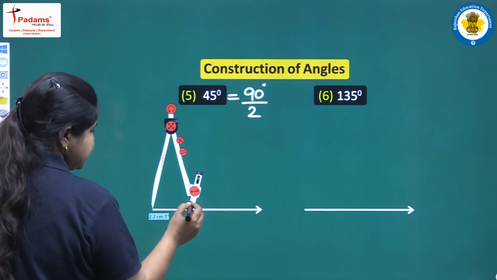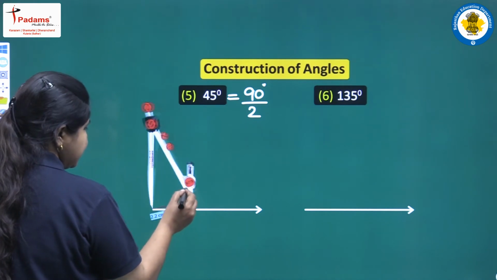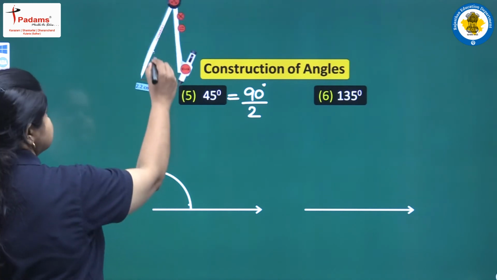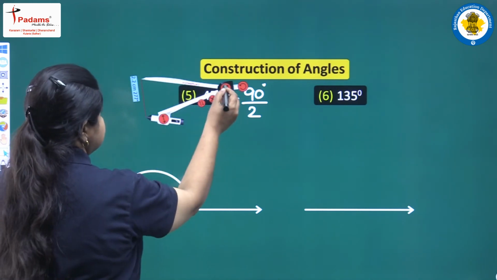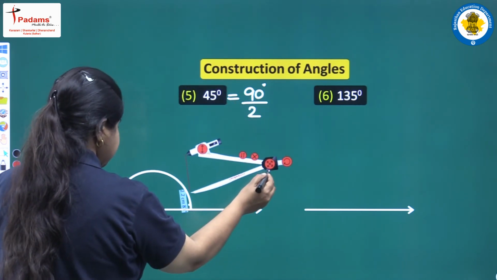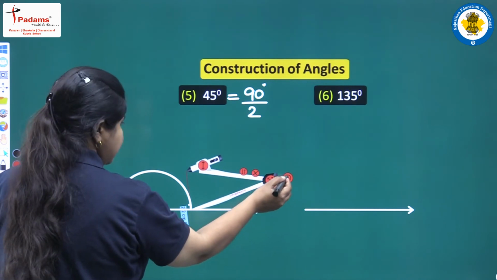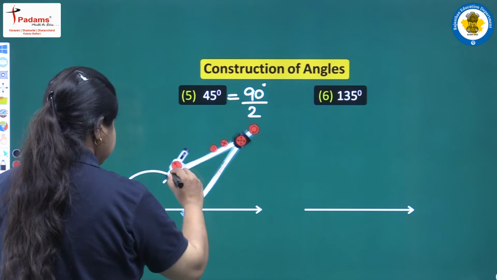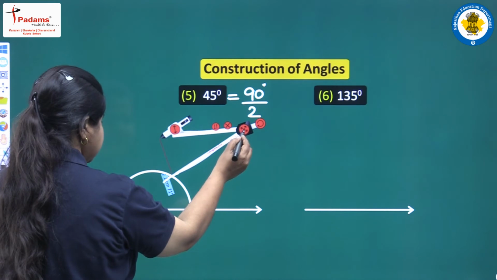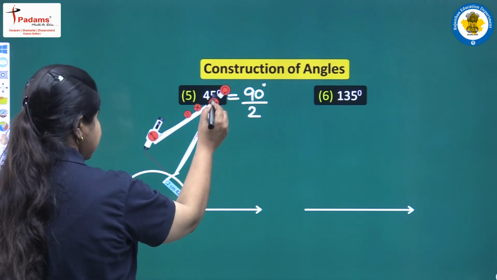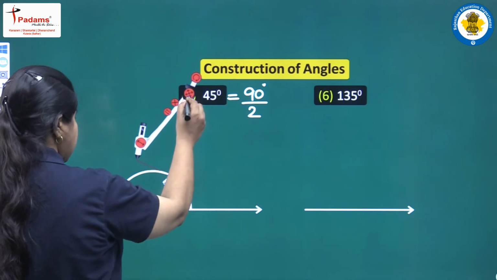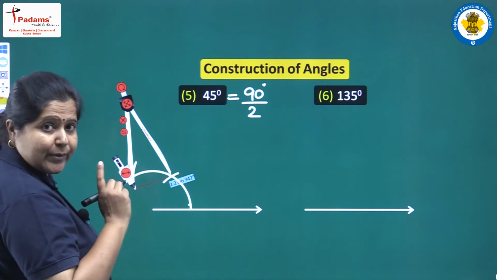So with this suitable radius, we are going to draw an arc in this way and then bring this downwards, keeping the pointed end at this point. With the same radius, remember, we will draw another arc to get a 60 degree angle and then keeping the pointed end at this point, and remember, with the same radius, again we will draw one arc to get an angle of 120 degree.